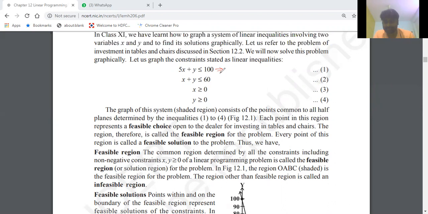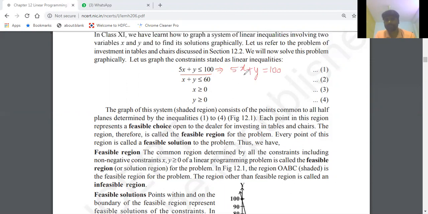Let us take table values. Not much, we'll just take 1 point on the x-axis, 1 point on the y-axis. Clear? So 5x plus y less than or equal to 100 can be taken as 5x plus y equal to 100. 5x plus y equals 100 we can write. After writing the inequality as an equation, let us take 2 points, 1 point on the x-axis, 1 point on the y-axis. Tell me which point I can take on the x-axis for this.